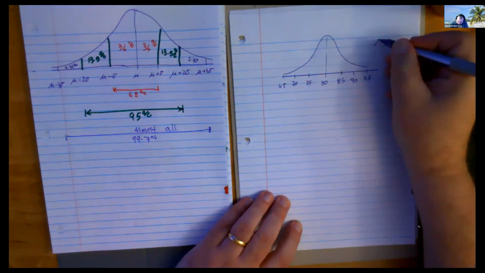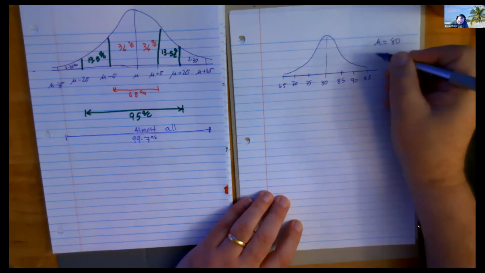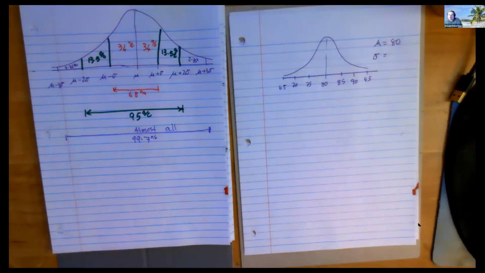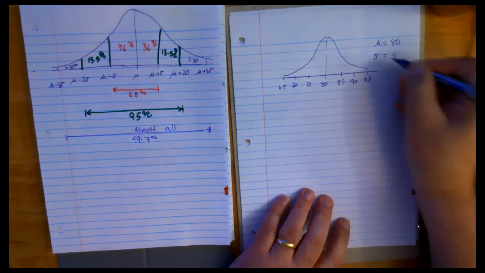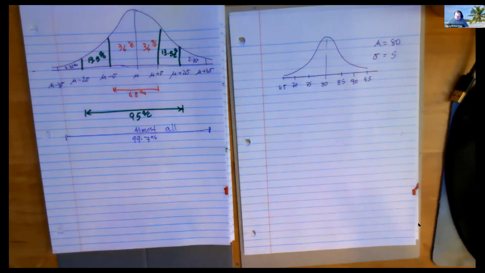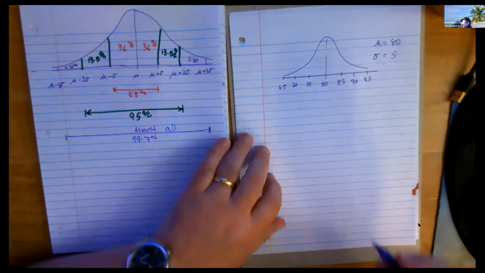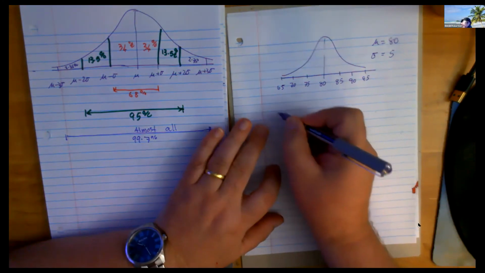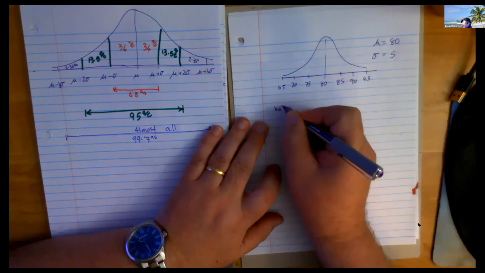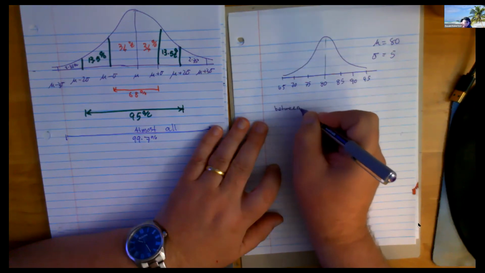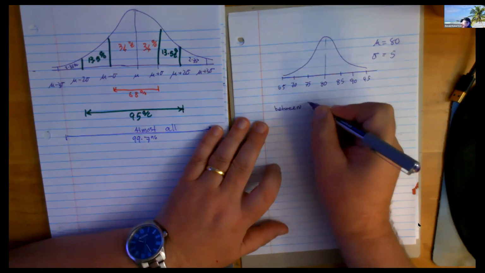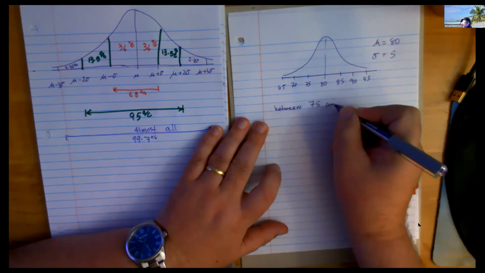Would you agree in this question, I could have said, what is the mean and standard deviation, only using that picture? Would you agree that the mean is 80? And now I can ask you, what's the standard deviation in this picture? 5. And then you get a bunch of questions that go something like this. They might do it in English, so the first one I'm going to do in English. What percentage of the people in this class got a score between 75 and 85?